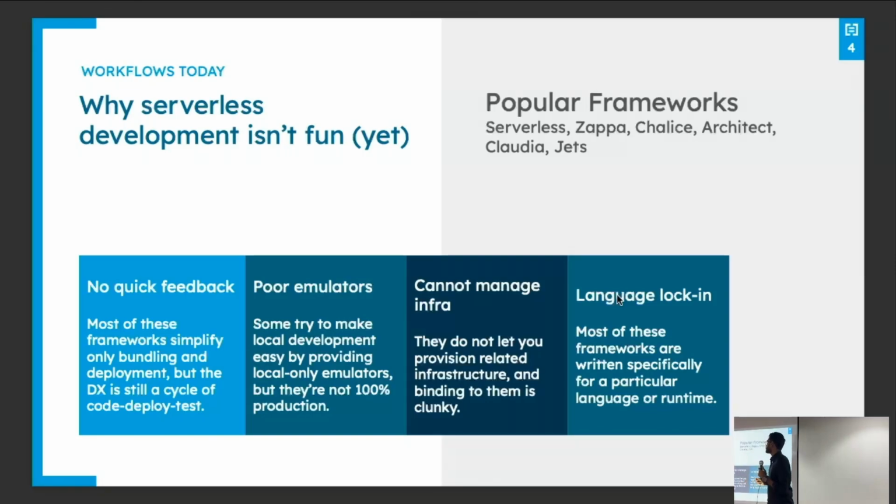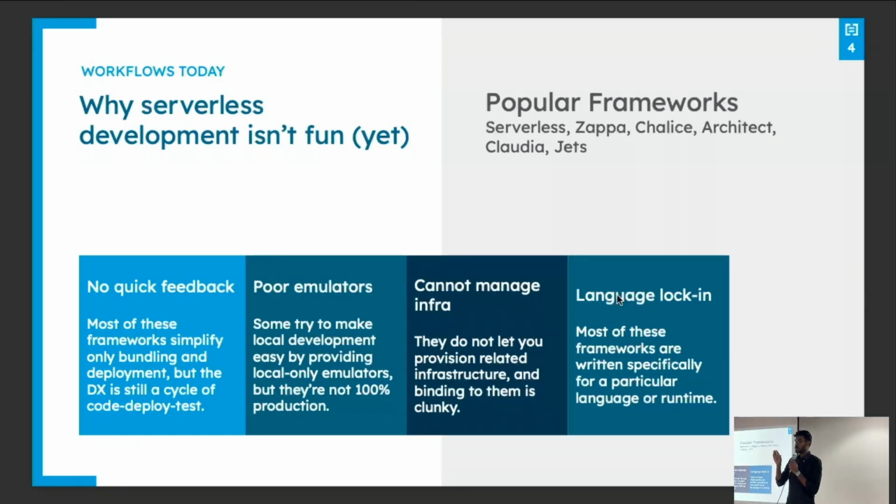Second is poor emulators. Some of them give you a local emulator to solve problem number one, right? But again, they're not perfect. There's a framework called LocalStack. It gives you a local copy of S3, a local copy of SQS. They've sort of reverse engineered everything and give you local copies so that you can run them all locally. But they're not perfect. There are still problems.